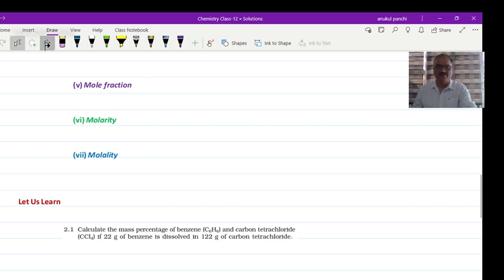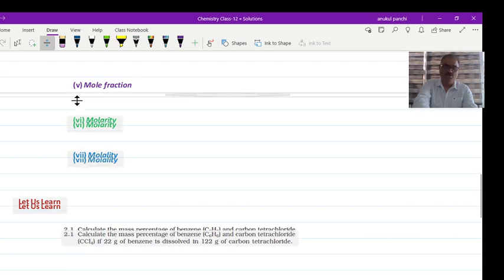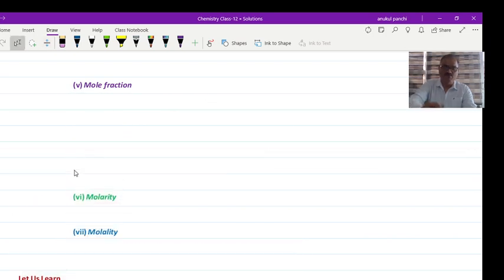What is mole fraction? Fraction you know, and mole you also know. What is mole? Number of moles of a substance. You have learned the mole concept in your 11th class. What is 1 mole? 1 mole of a substance has three concepts: mass concept, volume concept, particle concept. According to the mass concept, 1 mole of a substance consists of gram atomic mass or gram molecular mass, which is also called molar mass. So how are the number of moles calculated?